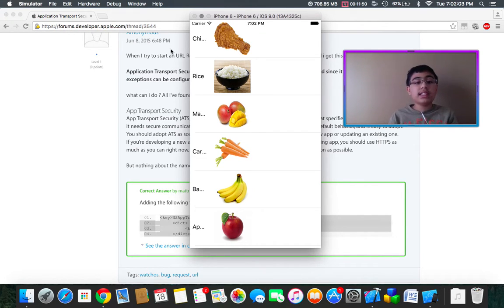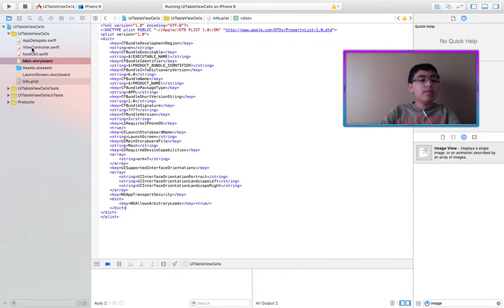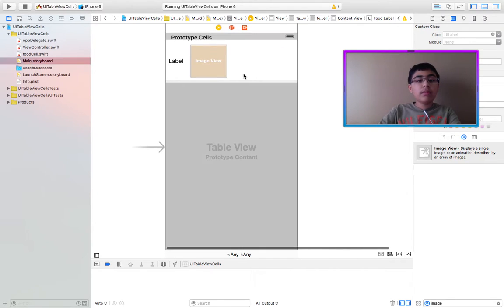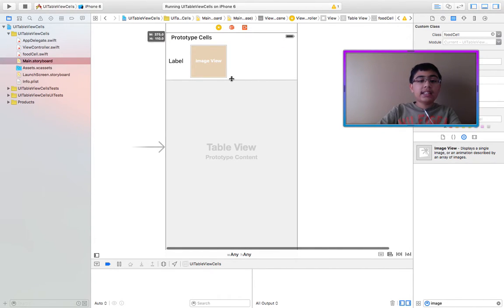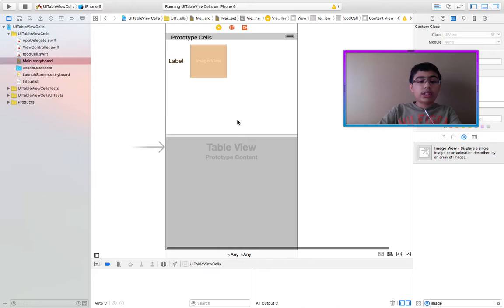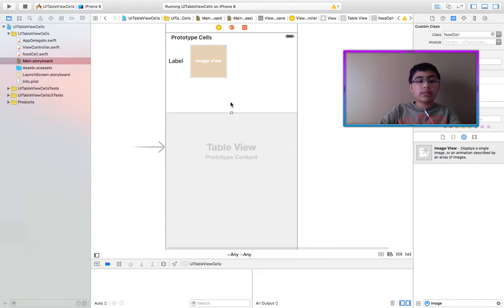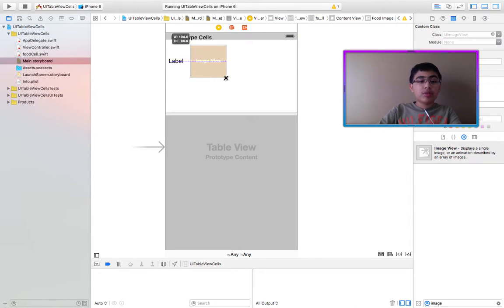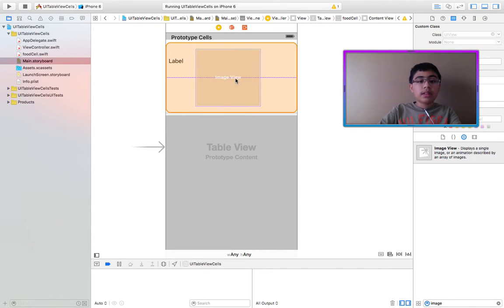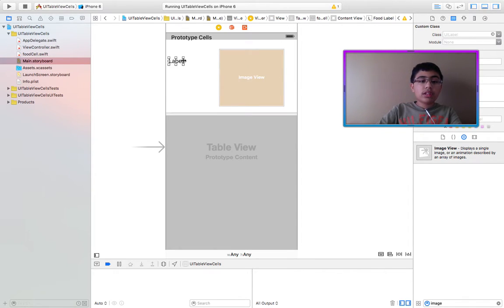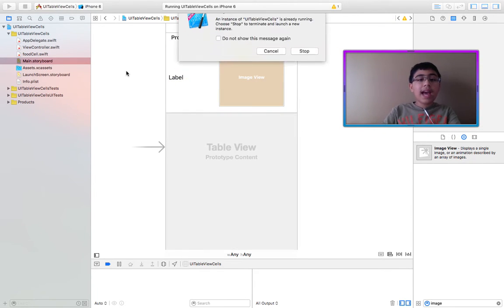Anyway, as you can see, it doesn't really show these really nicely, so all I'm going to do, go to my main.storyboard, increase the height of the cell, or actually not even that much, just around this much. First of all, make the image bigger, that's a must, and put it around there. And then, actually over here, and then just make this label much bigger. Now if we were to run,